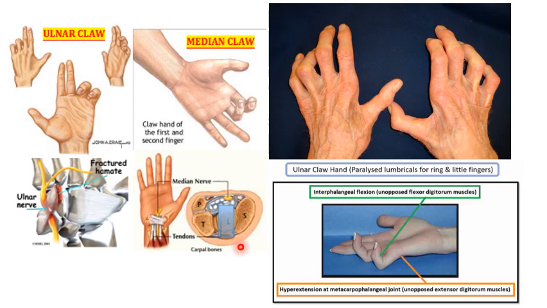And here the compression of the median nerve is in the carpal tunnel, and this is how the clawing is seen, which is more pronounced for the ring and the little fingers, and there is atrophy of the web spaces here you can see, which are due to the atrophy of the dorsal and palmar interossea. So this is what is the clawing, where the explanation goes is because of the unopposed flexor digitorum profundus muscles